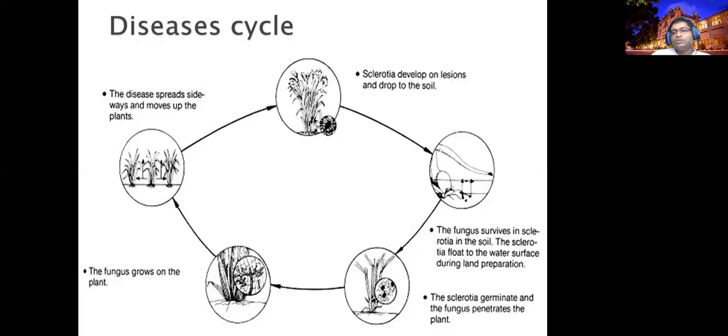Once the sclerotia germinate, there are the normal infection stages: it will produce a germ tube,